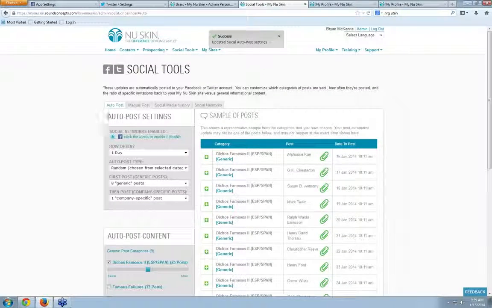And then basically what we're looking at right here is how to tell that application how to behave by the auto post settings panel. As you guys can see, just by default, without making any changes, these applications are going to behave by posting once per day. What type of auto post campaign am I doing? Is it going to be random, or is it going to be pre-selected and custom? Am I picking what categories it needs to pull from? Then we have our ratios, which is first post how many generic pieces of information before posting anything Nu Skin